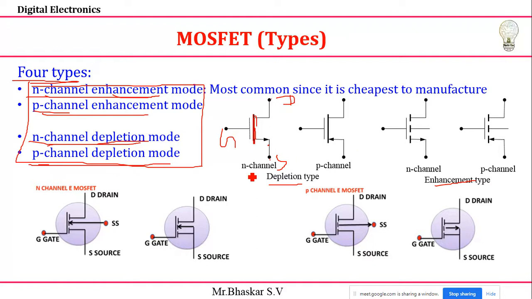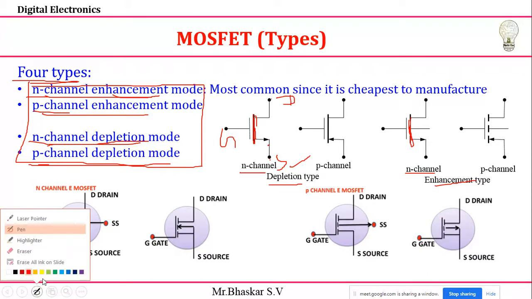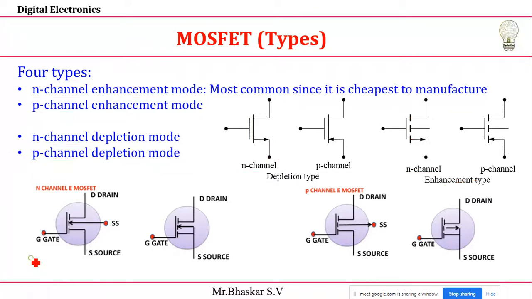When we see this, this is called N channel, and this is also N channel, enhancement type. In the enhancement type, we do not connect it with one continuous line. There is a split, meaning there is no connection between my source and drain. If source and drain are continuously connected, because of one layer, that is the depletion layer, that type of MOSFET is called depletion type. And the second thing is, we are looking for N channel or P channel. This is a very important thing.